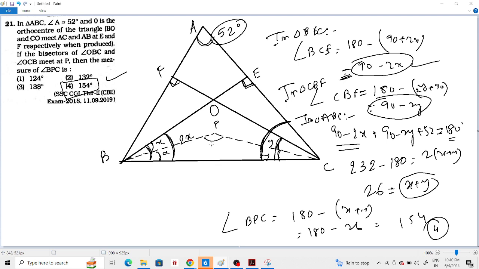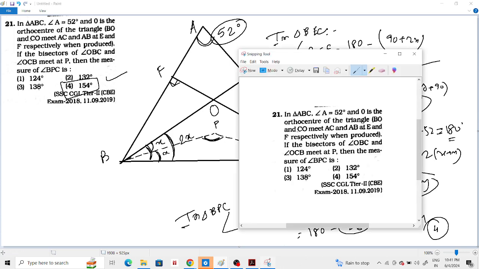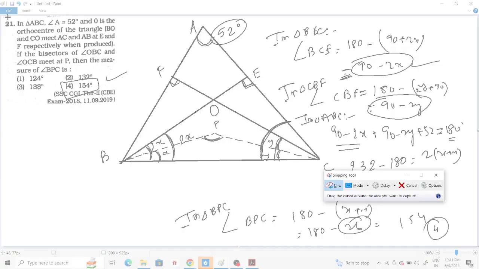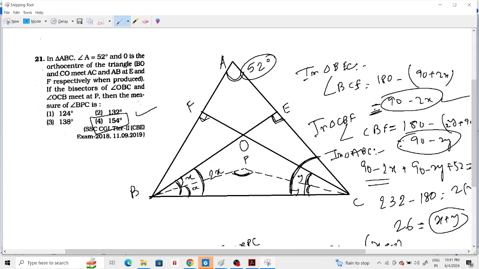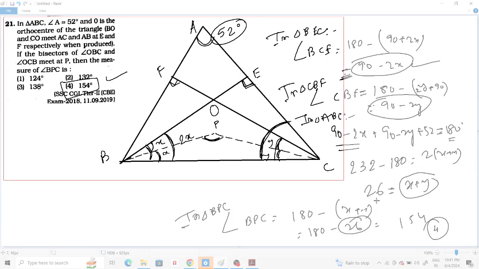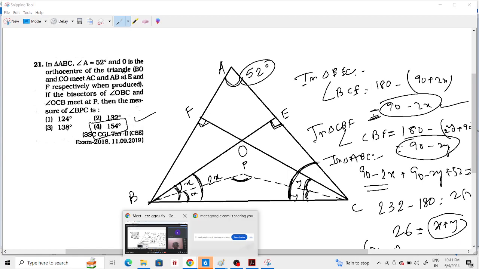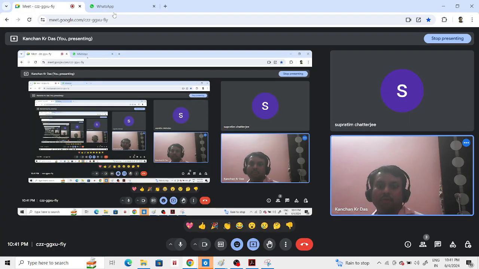আমাকে বার করতে হবে x plus y equals to 26। আমাকে বার করতে হবে angle BPC। So what is angle BPC? 180 minus (x plus y). x plus y equals to 26. 180 minus 26 equals to 154. ঠিক আছে, এতটাই রাখি আজকে, চলো কাটছি।